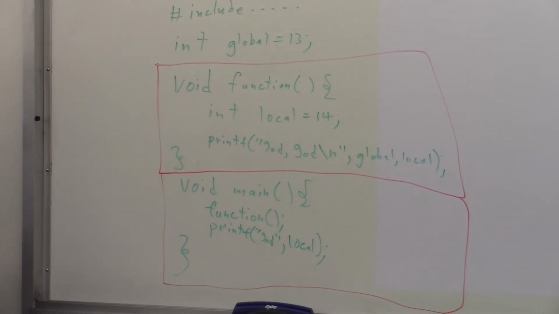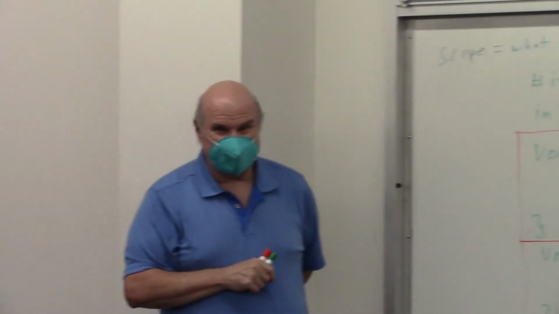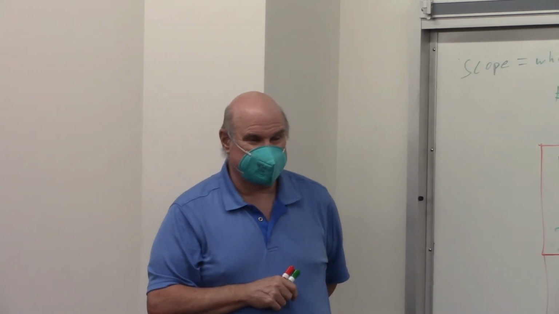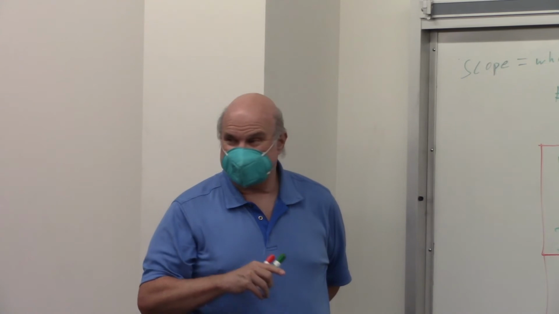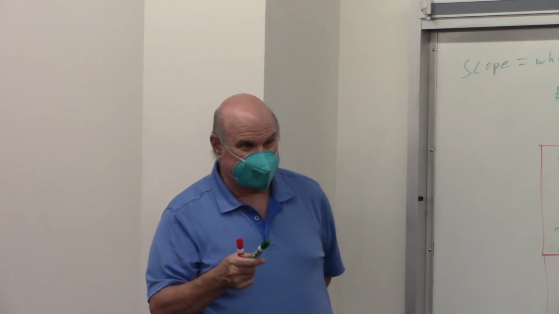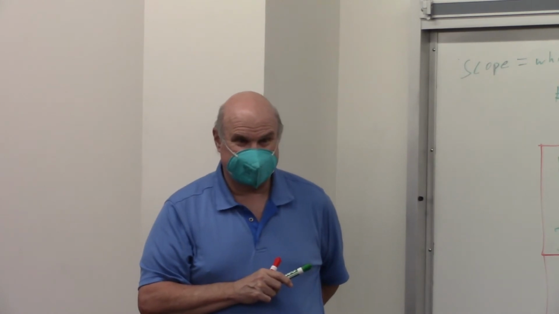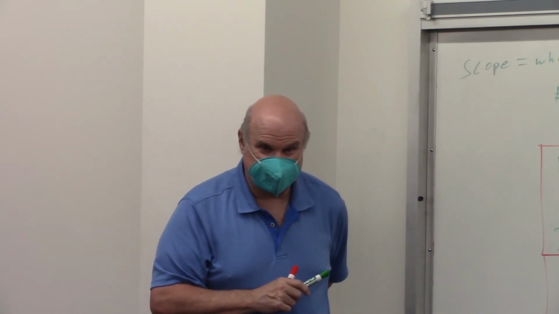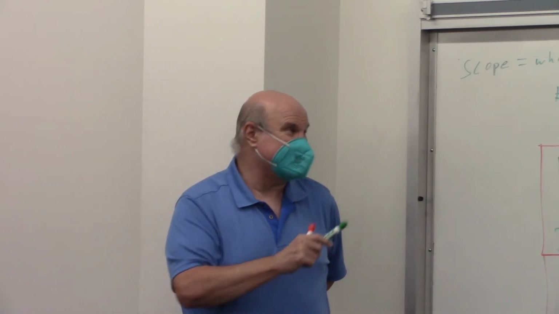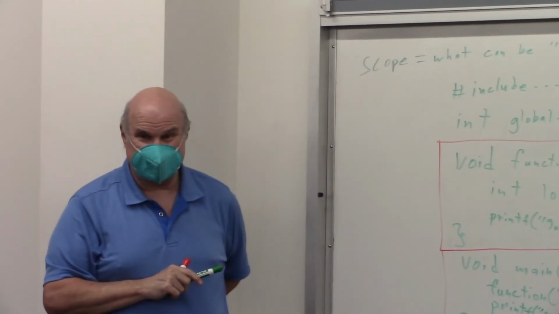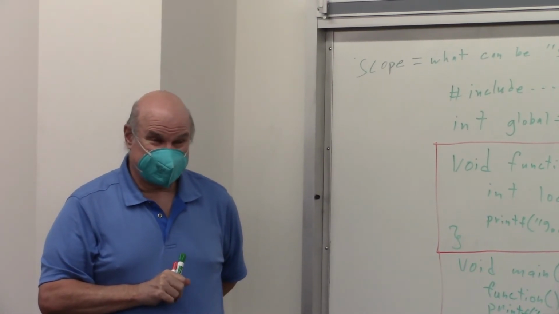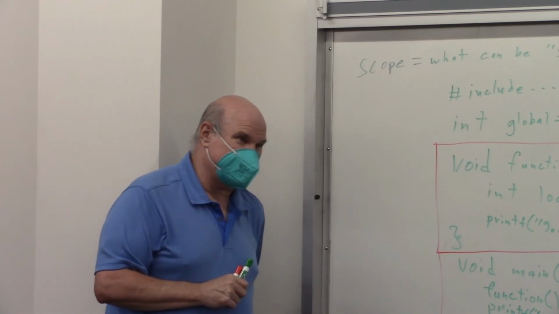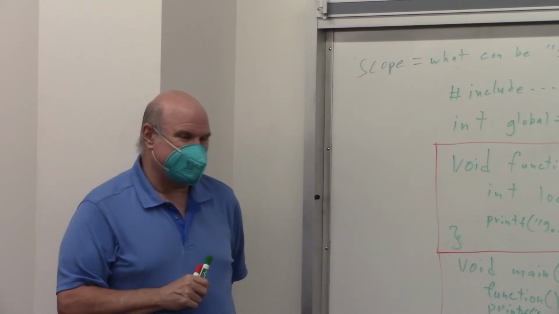What can be seen? Part of your implicit homework, go read all about scope and what it means and what its practical effects are. Because in some of your programs that may be getting compile errors, you have scope issues like that. I don't know that because I haven't looked at them closely. But I bet some of those compile issues are scope issues, that you're trying to reference something that logically cannot be seen from where you're trying to reference it at. So you're going to need to know this and understand this in the programs, particularly in program 3, where you have to use methods and pass